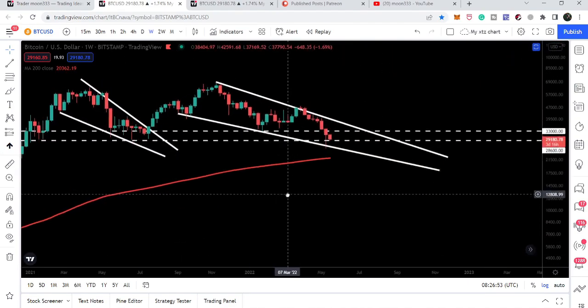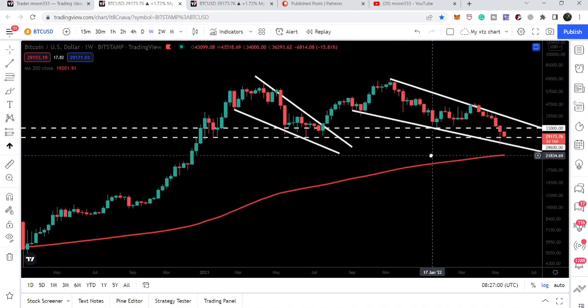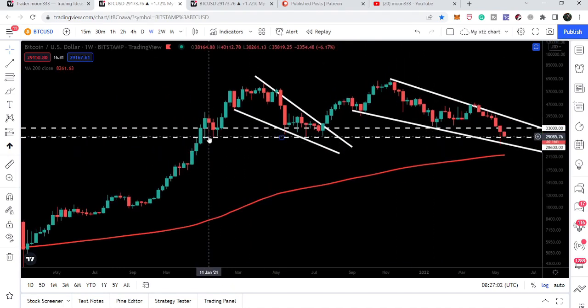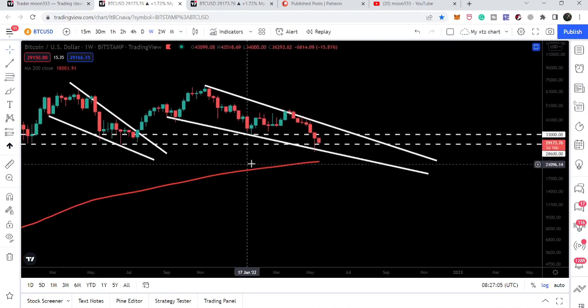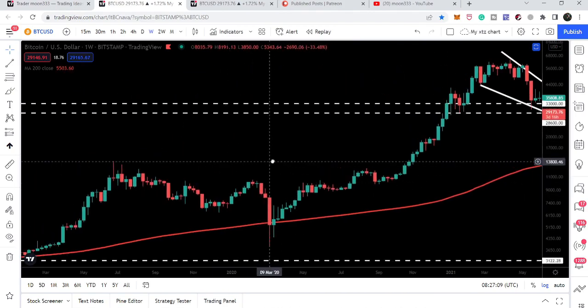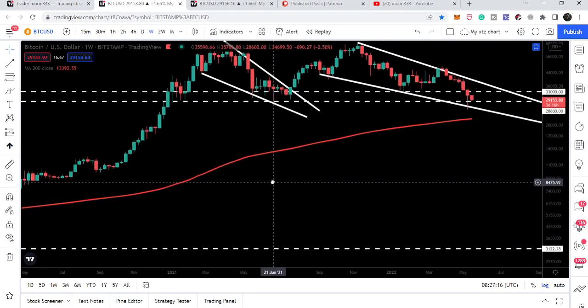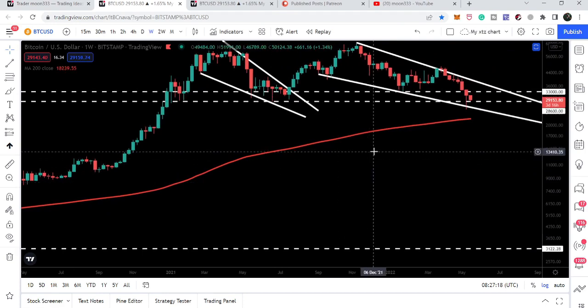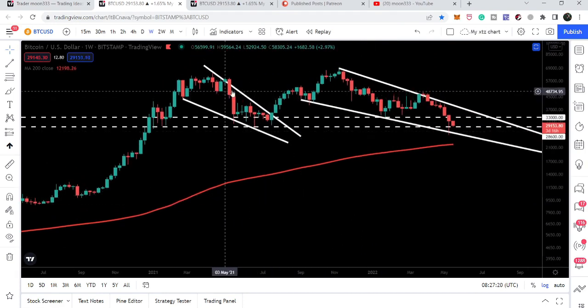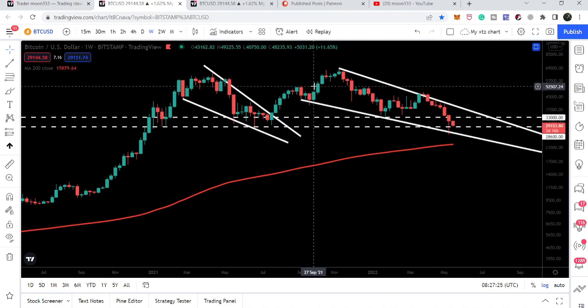Otherwise, there is still a possibility that we are not going to hit those targets, because we still have this support of $28,600, and you can see that we have not broken down this support since January 2021, and we are also having nice support of this falling wedge pattern as well. Now, if we have a long spike to the downside like we had previously in March 2020, then it is possible that it will spike up to the previous high, that is $20,000, and also the target for this inverse head and shoulder pattern that has been formed on the weekly time frame chart.